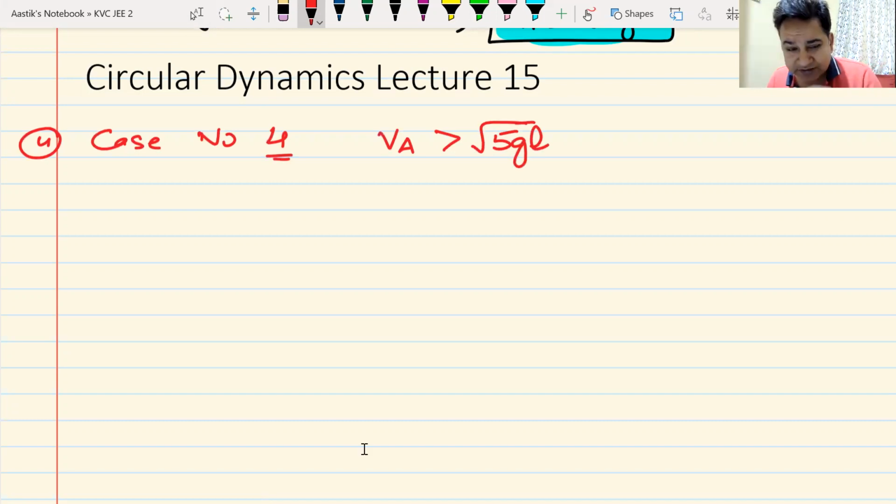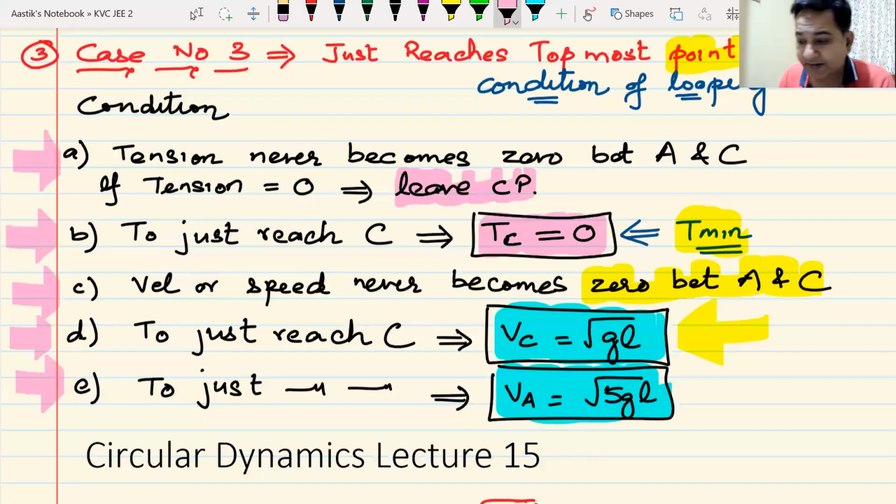Similarly, I will make small cases, point number A, B, C, D, and E, for case number 4. Can you tell me what will be the first point in case number 4? First point in case number 4. On similar lines,